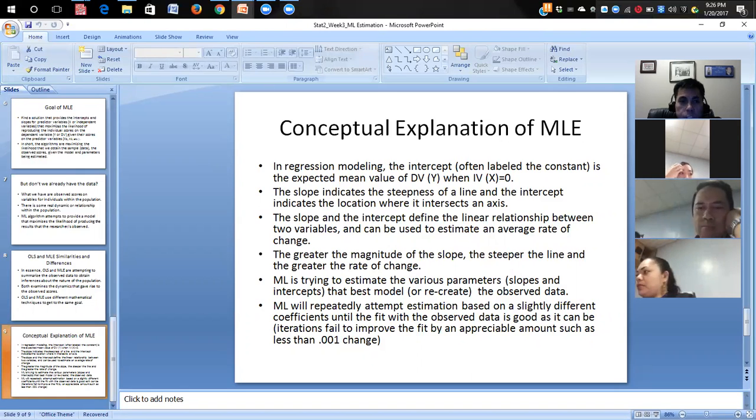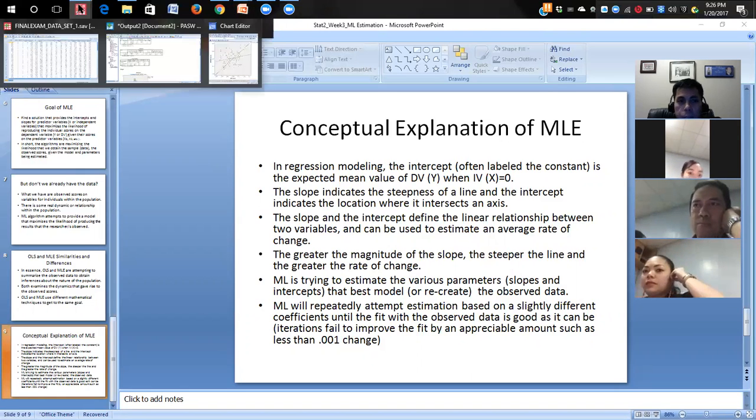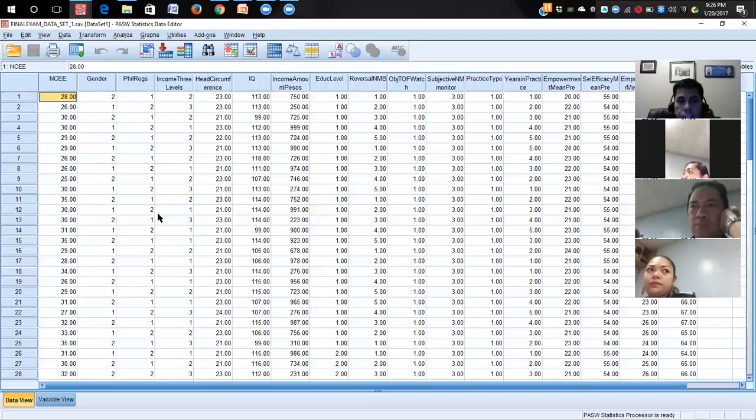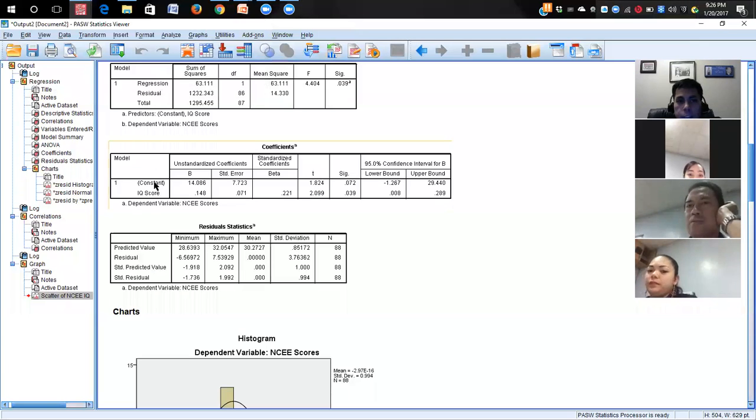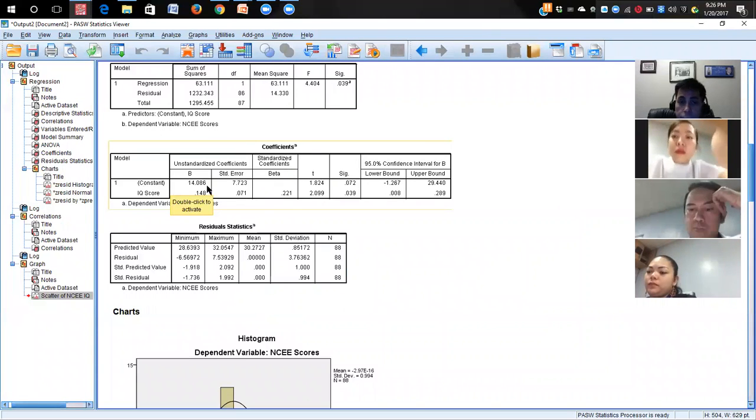In our demonstration, our independent variable is the IQ. And so if the IQ is zero, our expected NCEE will be 14. And because we have a statistically significant